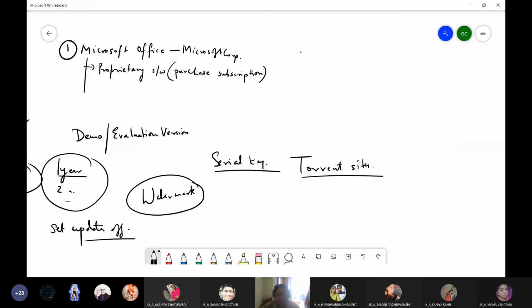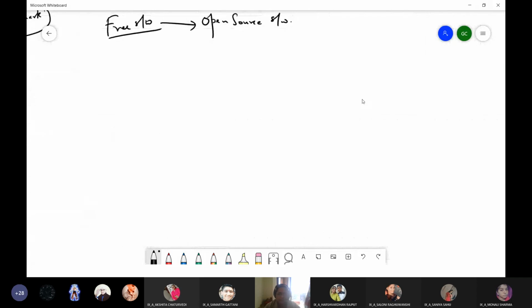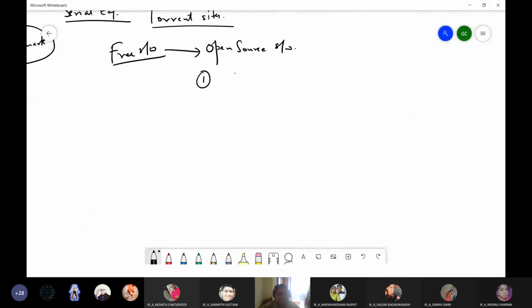But then some people thought that not all can purchase the software, so why not create a family of software, that is free softwares, also better known as open source software. Open source softwares are a special category of software which are, number one, available for free download.